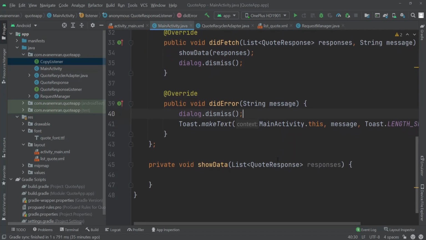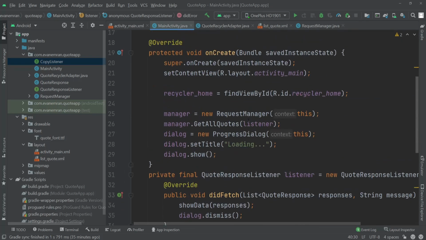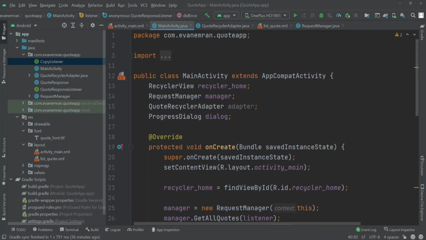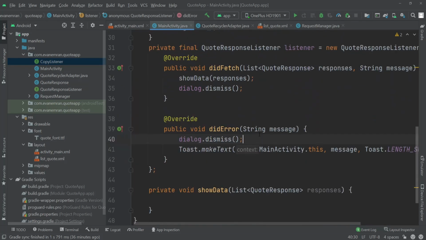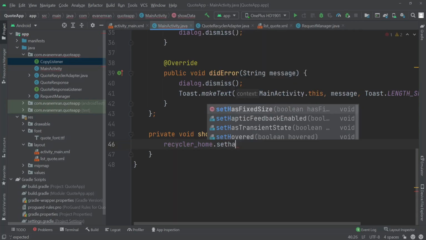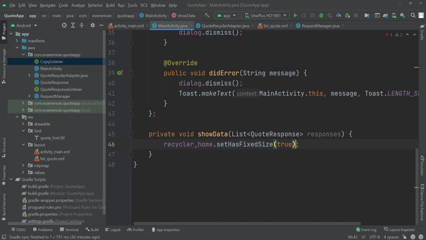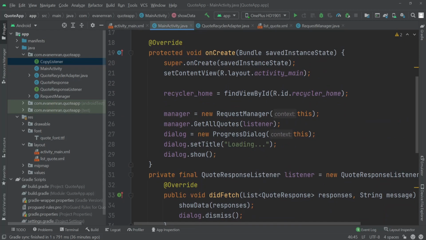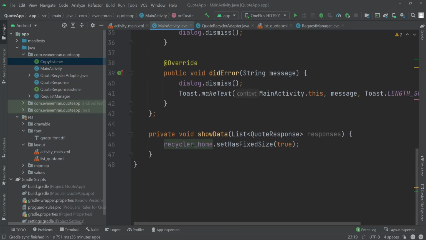Okay, so now let's come to this showData. So here at first we'll set up our recycler view, and then we'll initialize our adapter class also. So at first set up our recycler view. So I'll write recycler_home dot setHasFixedSize to true. And one thing you have to make sure is that before working here, make sure your recycler home is initialized inside your onCreate method. Okay, so after that recycler home setHasFixedSize true, and then we'll set a